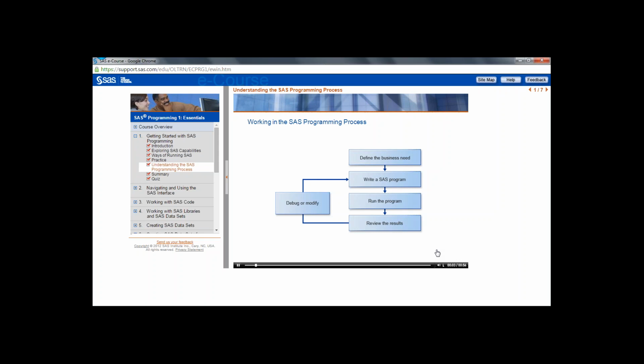Now that you know a little about SAS software, let's take a look at the overall programming process in SAS. The first step in the programming process is to define the business need. You do this by communicating with the business team or by reviewing a written specification. After you define the business need, you write a SAS program based on the desired output, the necessary input, and